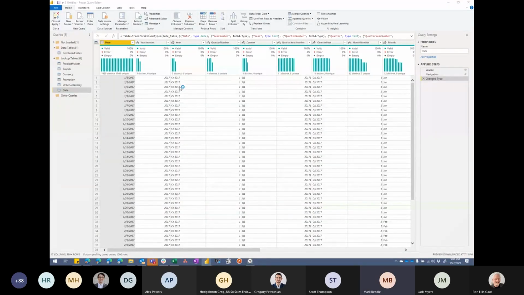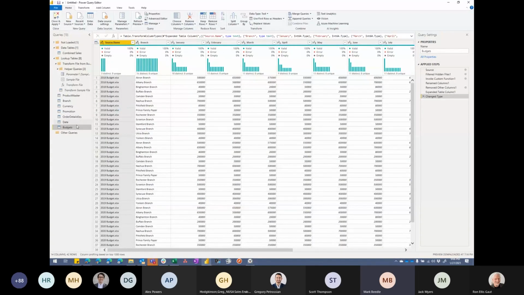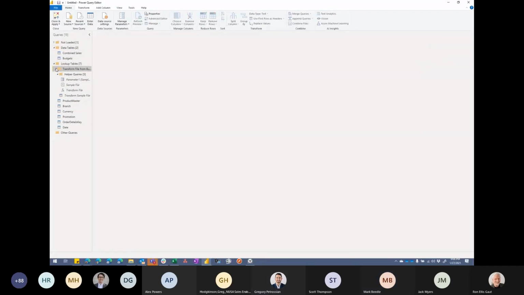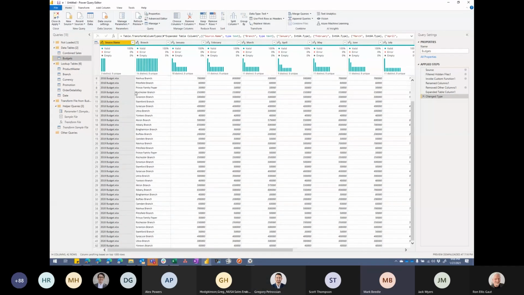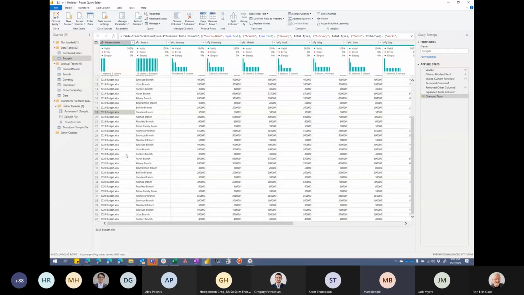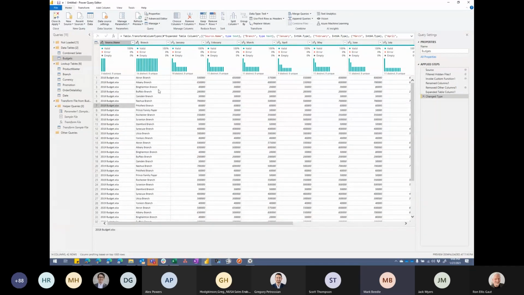Let's pull it in, see what we've got in this budget table. Come on, Power BI. Keeps flicking back and forth. Let's get Power Query back up. All right, here's my budgets. It's going to be a data table. So let's get it into the data table. All right, so here's budgets. They've combined them all. I see my 2020 budgets, my 2019 and my 2018.